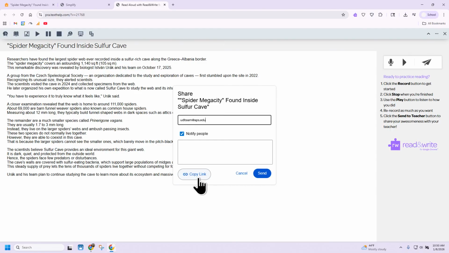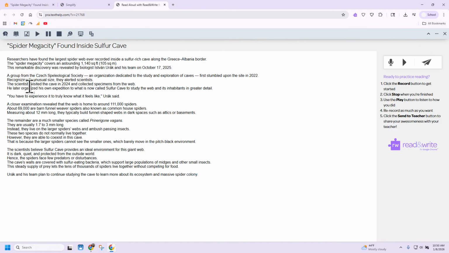What's also really nice about this tool is that you could use it to read your articles to your students so you don't have to read them every class period. This allows you the flexibility of reading it to them and being able to go in and still give your comments, right? So you could say something like, researchers have found the largest spider web ever recorded inside a sulfur-rich